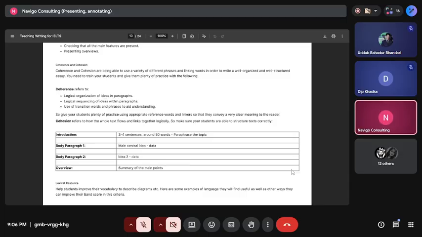Okay, so this we discuss in detail in other classes as well, but since you asked, I'm going to answer this. Coherence means you explaining the ideas one after the other. So one thing is, whenever you are writing, you give an idea, right?